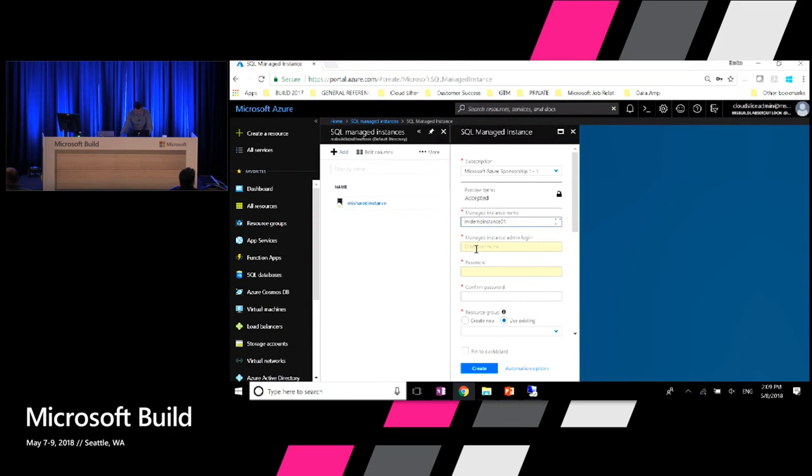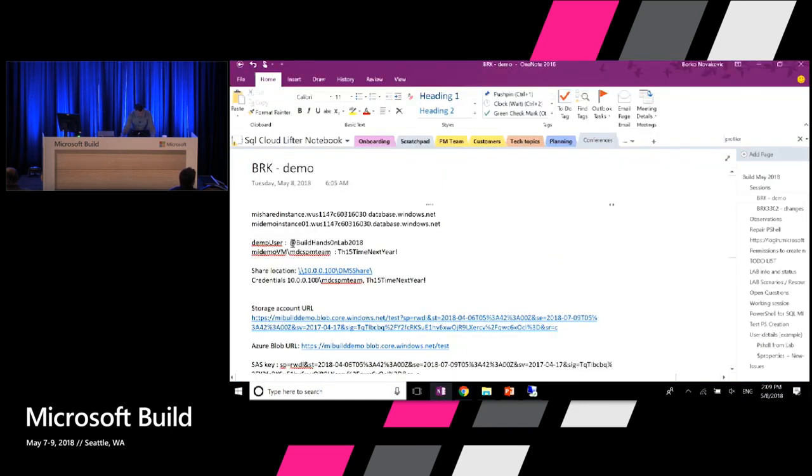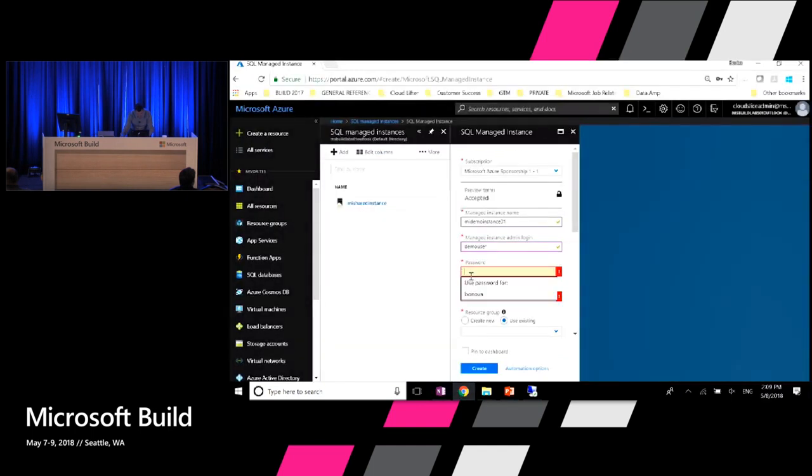So there is a name, say demo user, and I'll intentionally use this password because it will be easier for me later on to connect and to save some time.